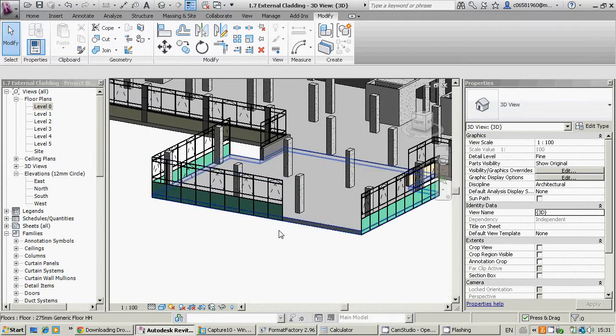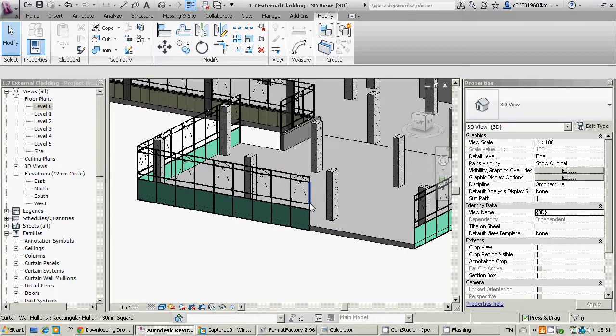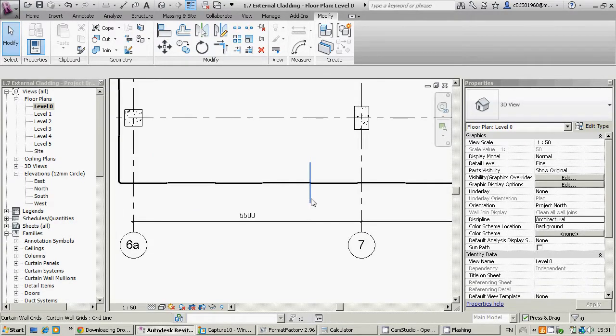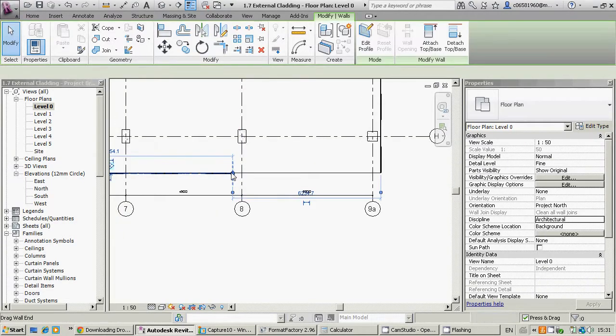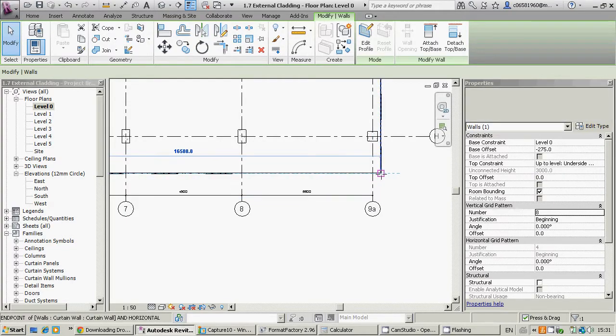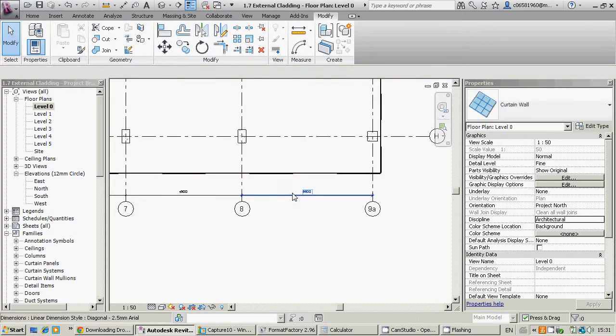You can go to plan, see it here, or in 3D. I'm now going to go back in plan, and I'm going to just select the wall and drag it over to meet up with the other curtain wall. Now that's going to automatically still